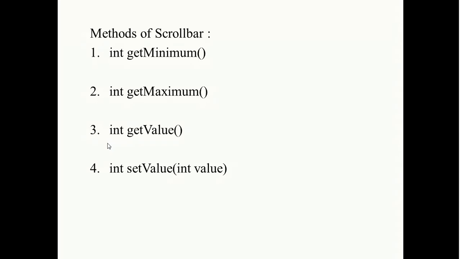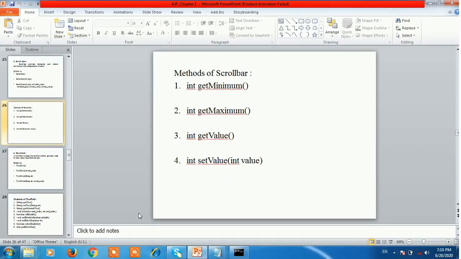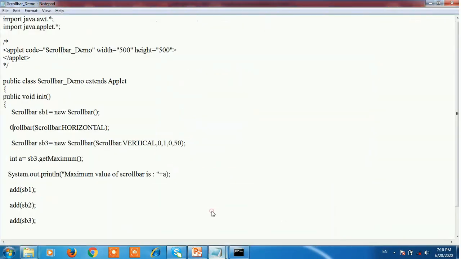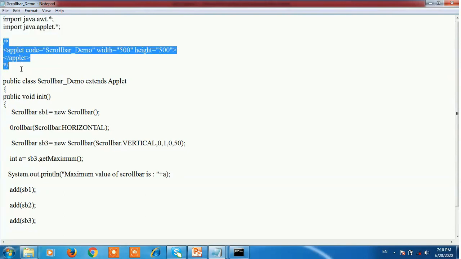Now see one example of the scroll bar. See here, this is the example of the scroll bar. First import the two packages, that is java.awt.* and java.applet.*. Then here this is the applet code. In that define the width and height of the applet. Then next define a class ScrollBarDemo extends Applet. In the init method, here